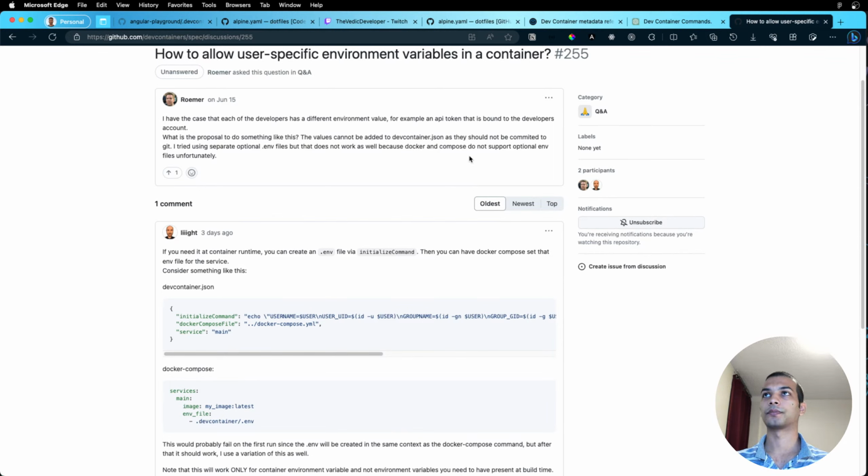I have the case that each of the developers has a different environment value. For example, an API token that is bound to the developer's account. What is the purpose to do something like this? The value cannot be added to the devcontainer.json as they should not be committed to Git. I tried using separate optional .env files, but that does not work as well because Docker and Docker Compose do not support optional .env files, unfortunately. Okay,